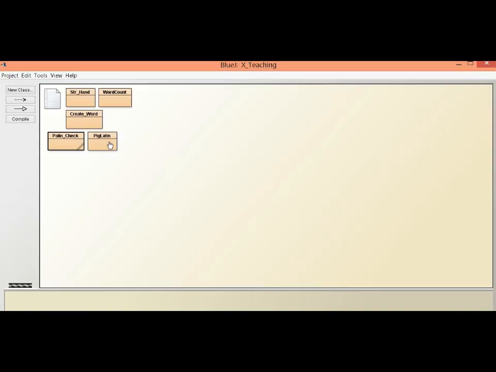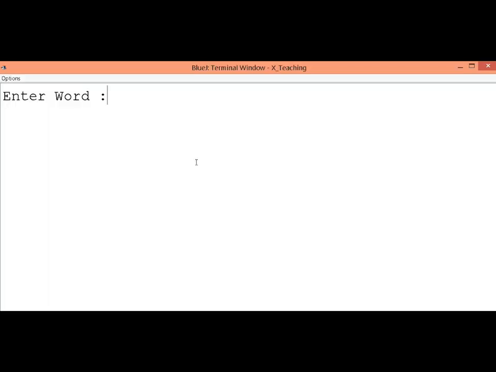We will do another one. I am entering, suppose, the word madam. Here one thing to be noted is that as Java is case sensitive, you had better enter all the letters in a single case, either all small or all capital. Otherwise there would be a difference. Right now I have entered madam in capital letters.